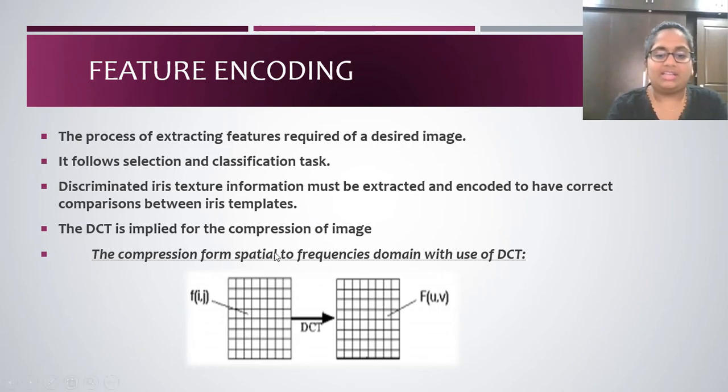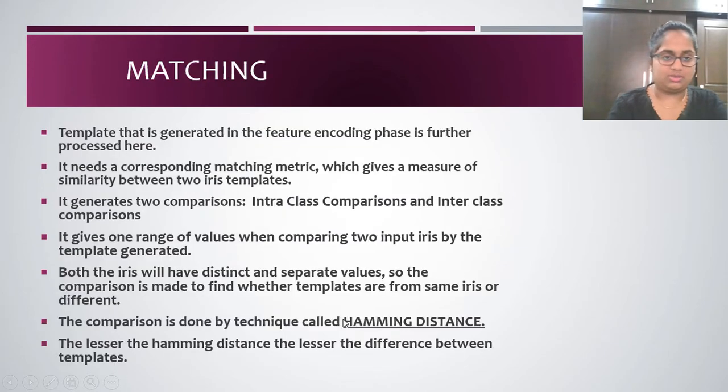samples we got. And this particular conversion of these templates will take the help of the DCT technique, which is the discrete cosine transform compression technique. The main work of this technique is to take the spatial domain of the input image that we have taken, and then by using this compression technique it evolves the frequency domain, which can be matched to the frequency domains of the images in the database.